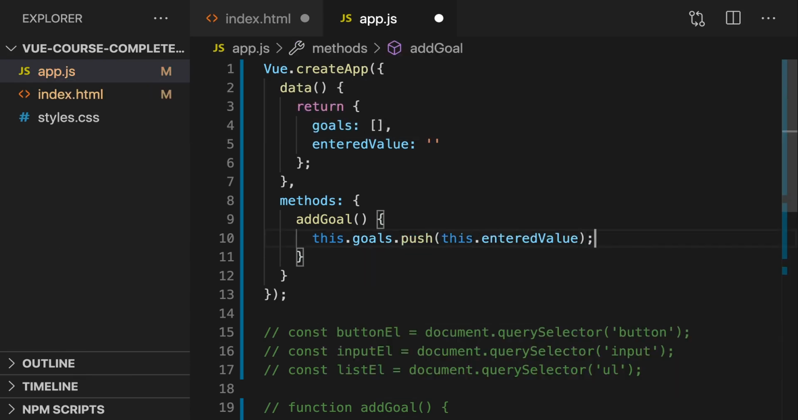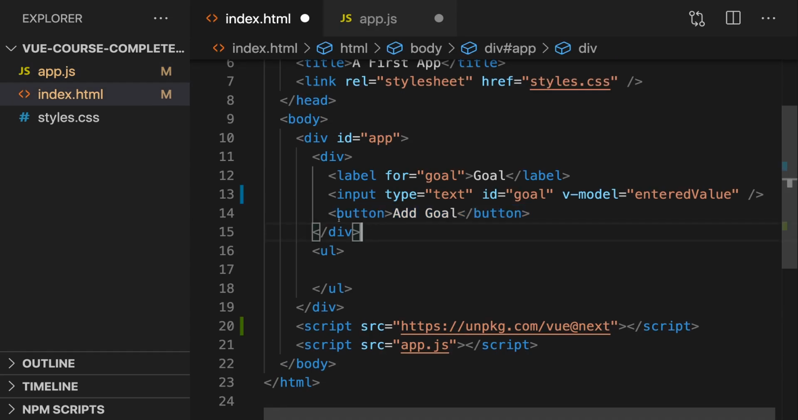In case you're wondering why this refers to this object, Vue will establish the connection behind the scenes. It does some magic for us here, though throughout the course, we are going to explore and also understand that magic. Now addGoal should be triggered whenever this button is